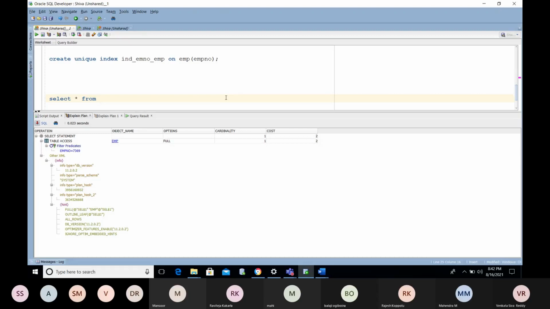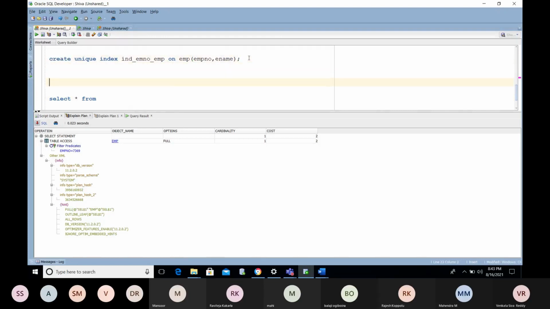Do you understand composite primary key? If you want to build uniqueness with two columns, you will go with the composite index, because you don't have an option to create a primary key multiple times. In one table, you can create only one primary key. In a similar way, if you want to create an index based on two columns, you will use the composite index, like EMP number comma ename. Got it?